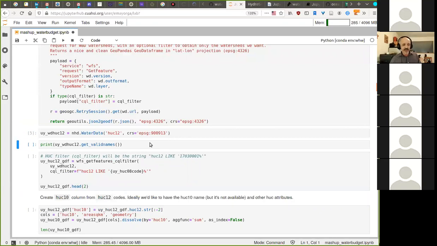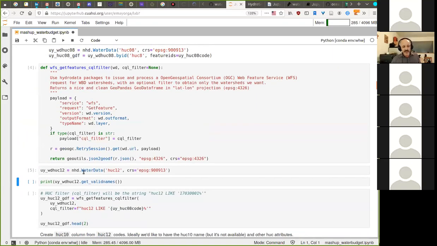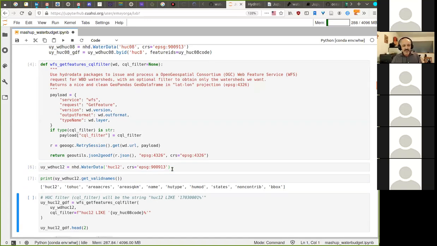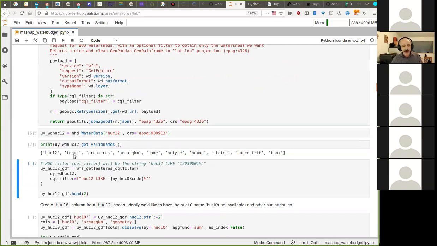Okay, so here I just set up the function to be reused later. WaterData is a class in PyNHD. I'm specifying that I'm going to interact with the HUC12 layer, a spatial layer, and I have to specify the CRS, the coordinate reference system that it's in. There's some messiness here about how USGS has set up projections, but that's life. We can get access to what attributes are available on that